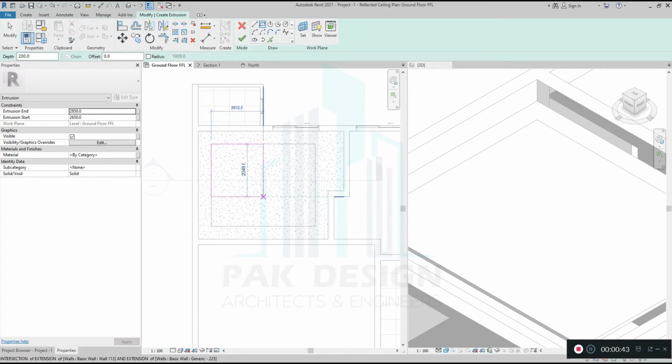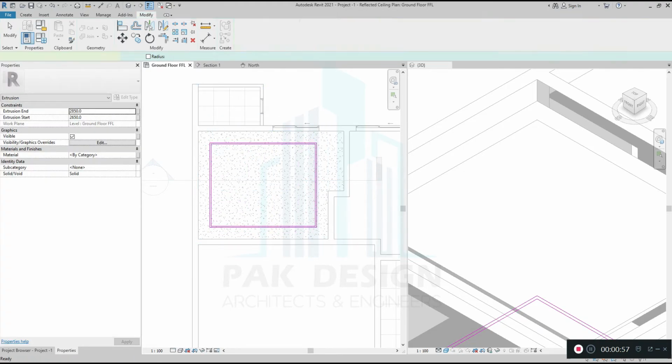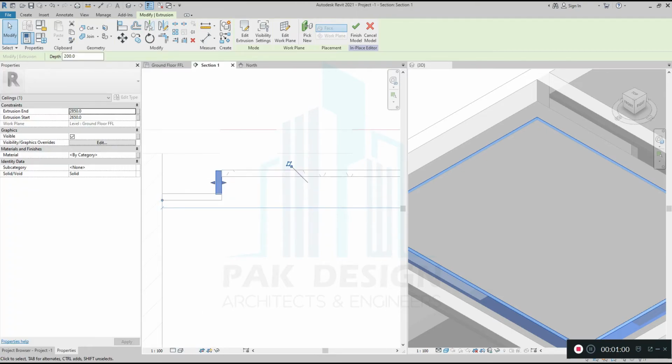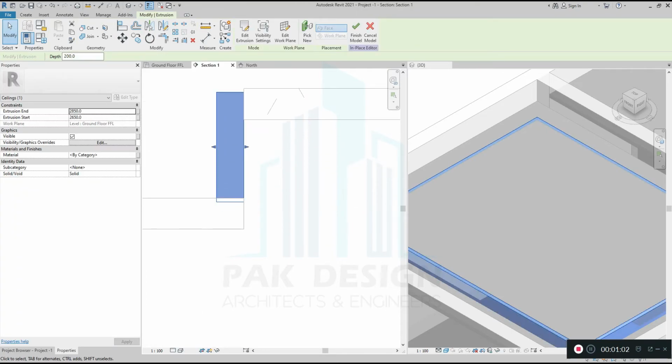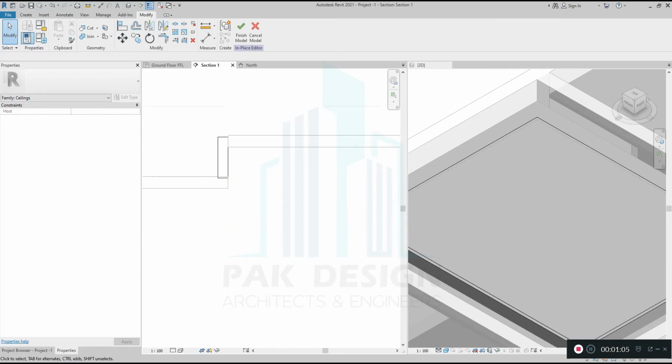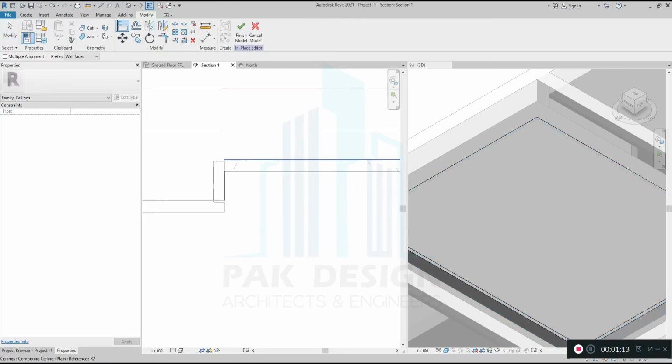So what I will do, I will make here. Okay, then again offset 50, done. We'll go and see in section. Okay, here we can adjust this one. If you can see this one, what I'm going to do now, I will select align command, AL. I will align this one, select this and align this one. So automatically it's aligned from all over.